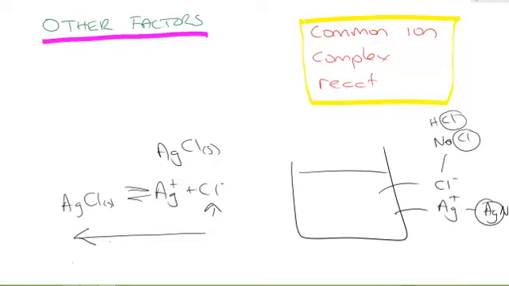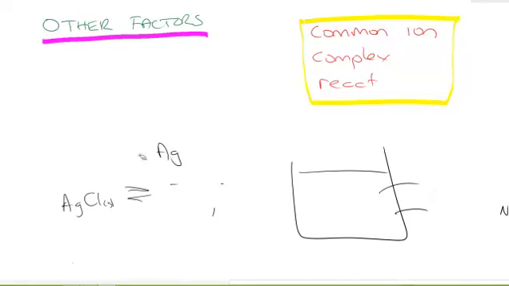But what if it's not so obvious? Okay, we're trying to dissolve this in here. There's other things that can happen. Okay, now what if there's some ammonia in there? Now ammonia is something that can form a complex. It can do that with silver, and it can also do it with copper,